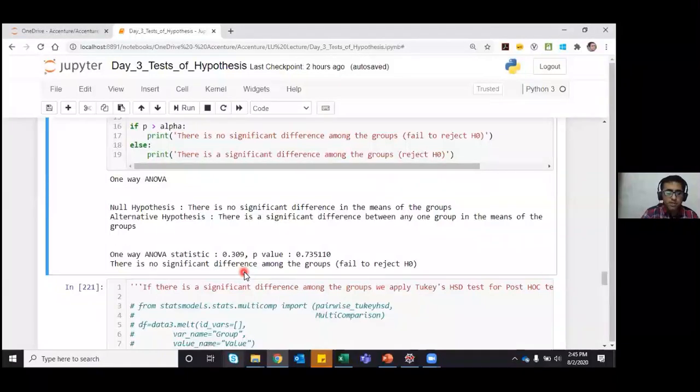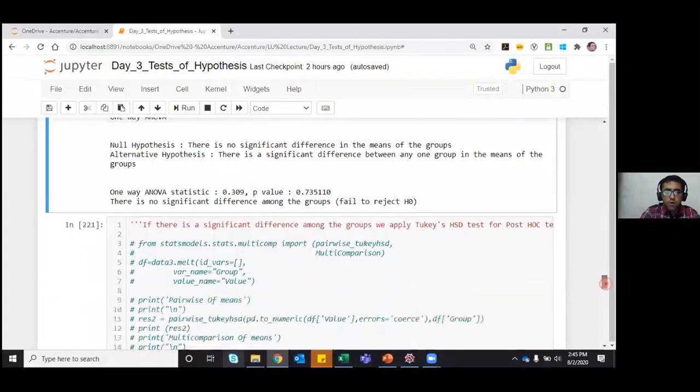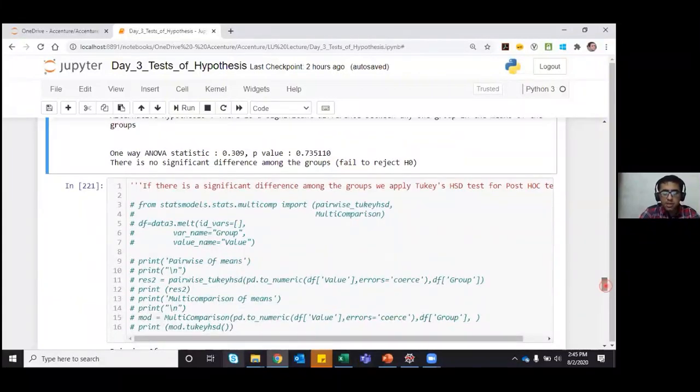If there was a significant difference among any of the groups, for example height 1 and height 2, or height 1 and height 3, or height 2 and height 3, then we would go for Tukey's test. As I had mentioned in the slide, whenever there is a significant difference among the groups, we go for Tukey's HSD test.